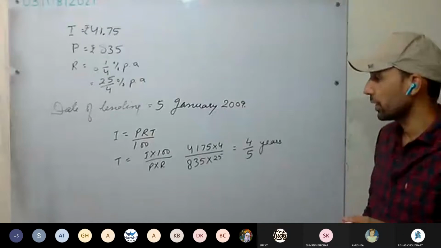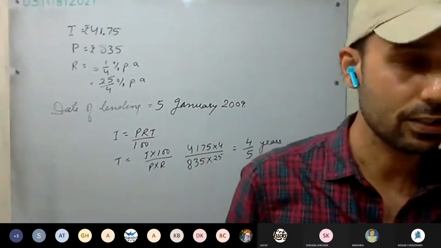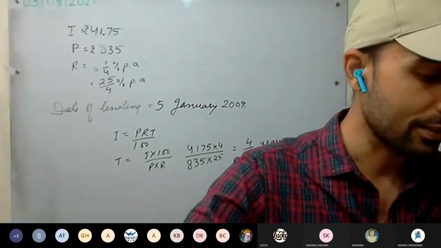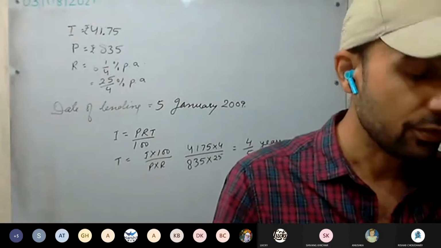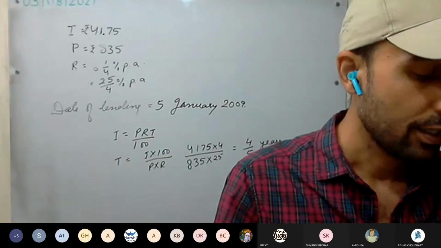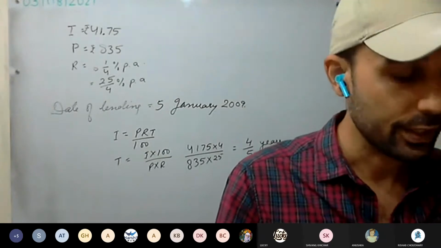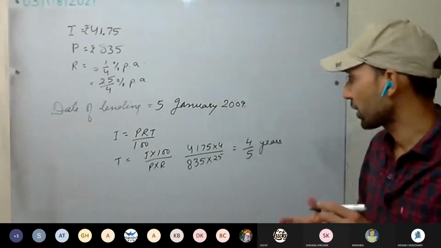How much is it converted into days? For conversion into days, we always multiply with 365, whether it's a leap year or not, we don't care. As I already told, on page number AP 40, the last two notes are given. They are very important. Always mark them and read them properly.